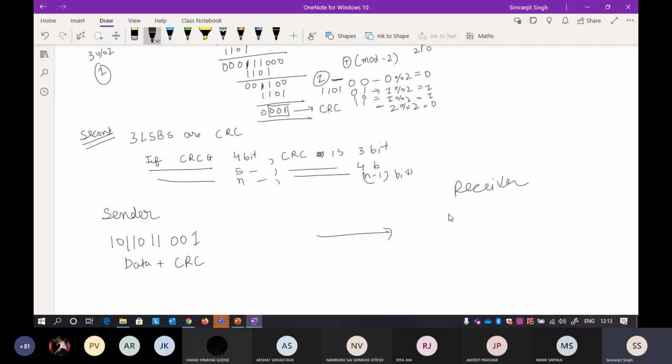Okay, so now at the receiver side, when the receiver calculates, this is the remainder, and if you add this remainder to the end of the data, it will give a remainder of 0. Okay, so I'll show you. 1 0 1 1 0 1 1 0 0 1. This is what the receiver got. The CRC generator is already known by both sides, so it will be 1 1 0 1 here.